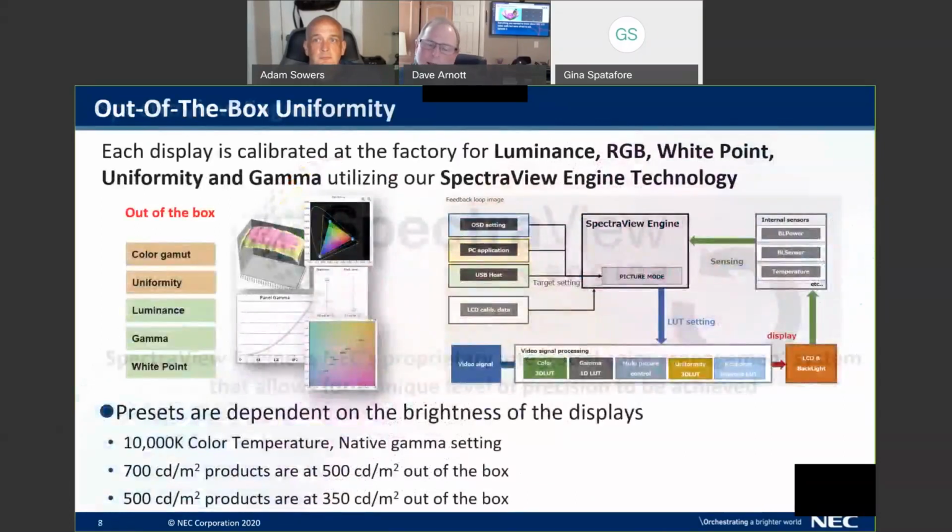So in episode 1, we talked about out-of-box uniformity. And what we were talking about is that from the second that we remove it from the box,